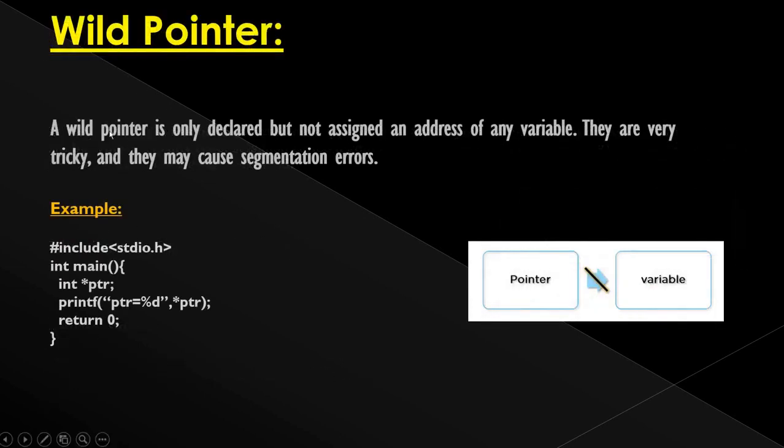Third one is the wild pointer. A wild pointer is only declared but not assigned the address of any variable. They are very tricky and they may cause a segmentation error. Example: header file hashtag include stdio.h, int main, int *ptr, printf ptr equals %d, *ptr returns